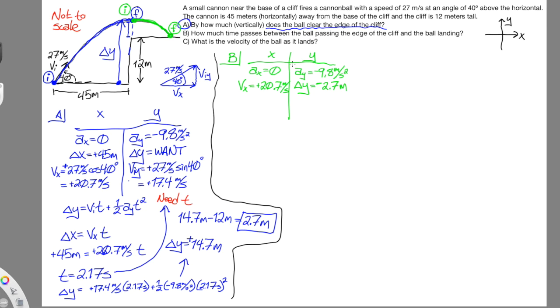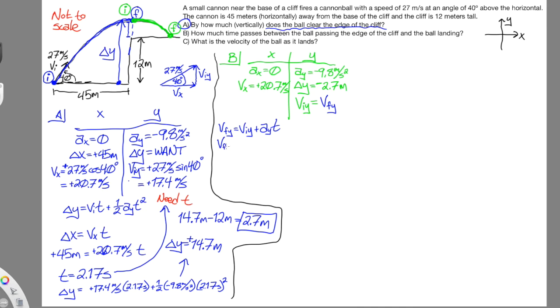Well, we're going to need some more information here to answer our question, either an x distance or one more piece of information in the y direction. And it's actually v initial in the y direction that we can find, because v initial for the green part is the same thing as v final for the blue part. So if we go back into our blue numbers over here, we could use vfy equals viy plus ay times t